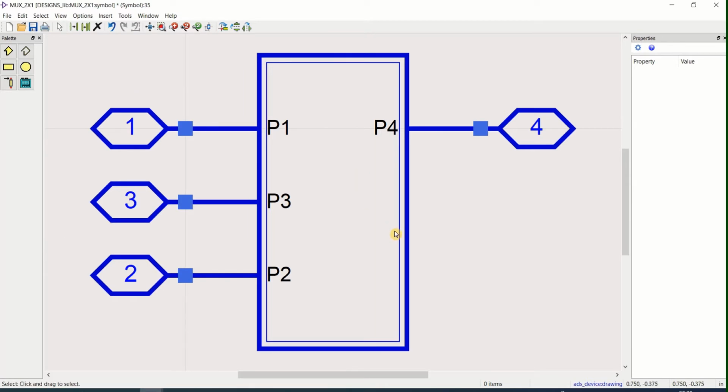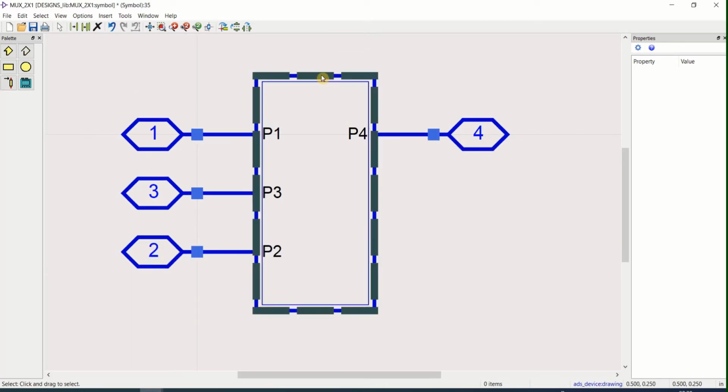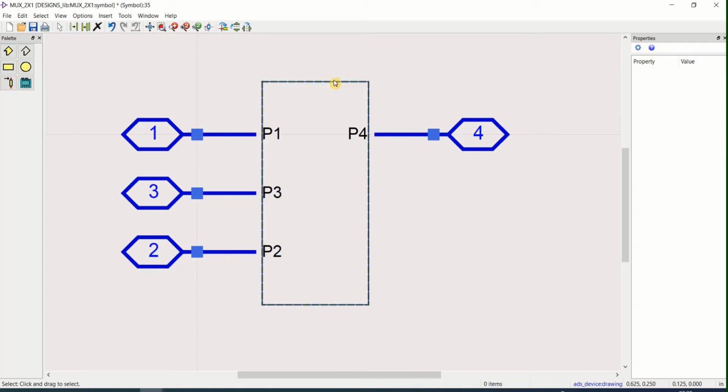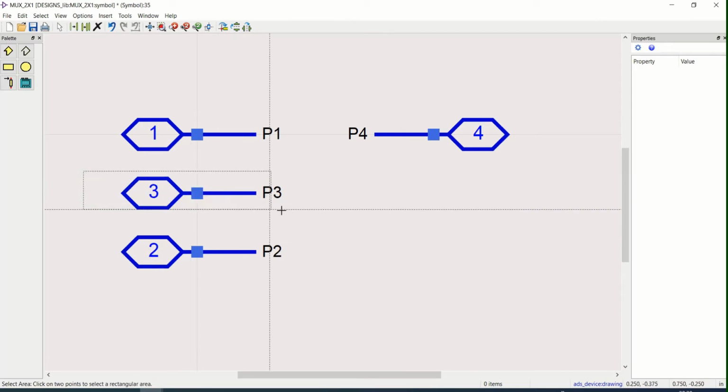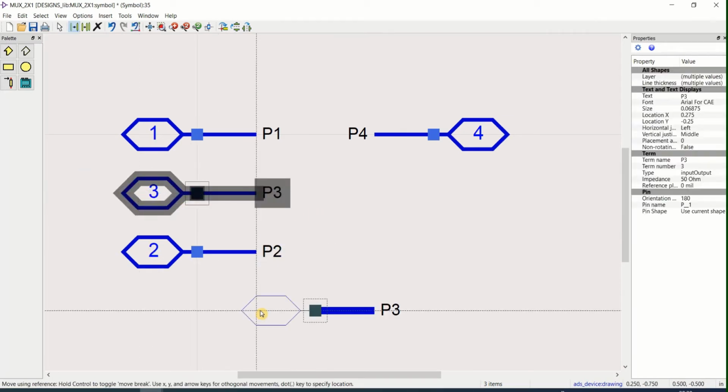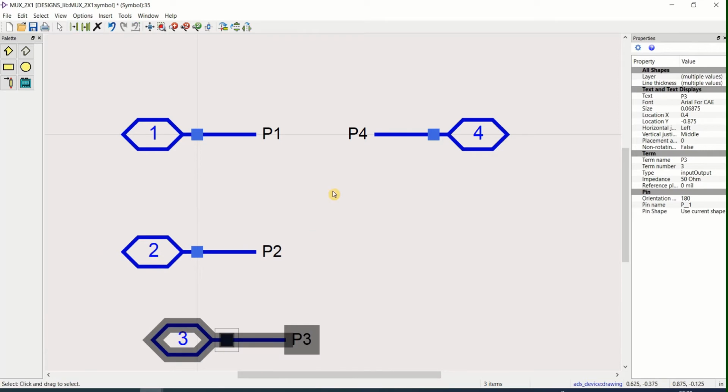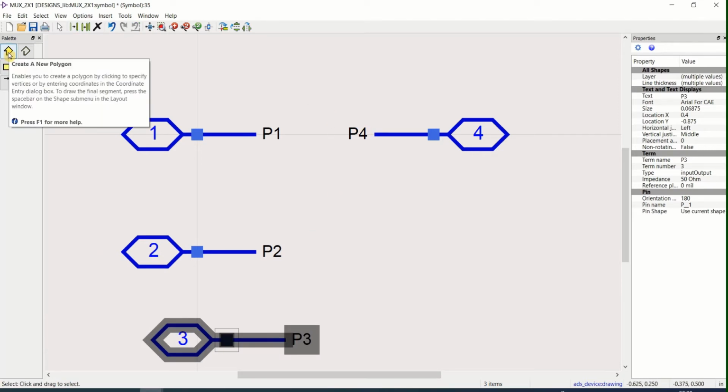This is the symbol actually, but I can change the symbol view. So remove these two. I want selection line 3 at the down. So use a new polygon to create the symbol for the multiplexer 2:1.